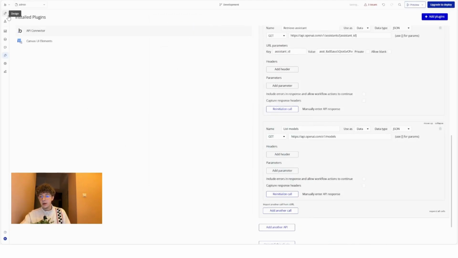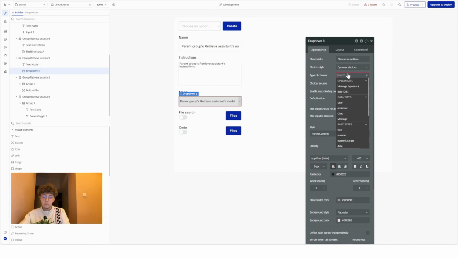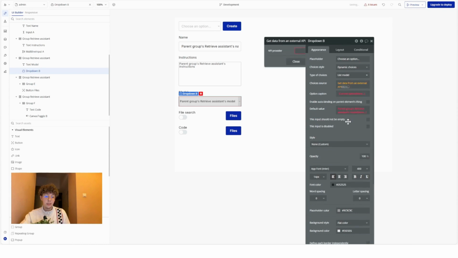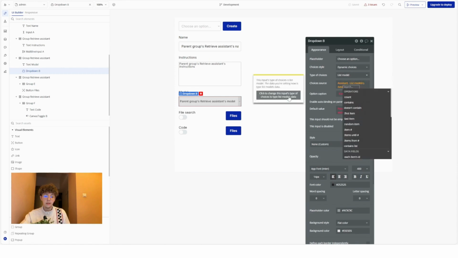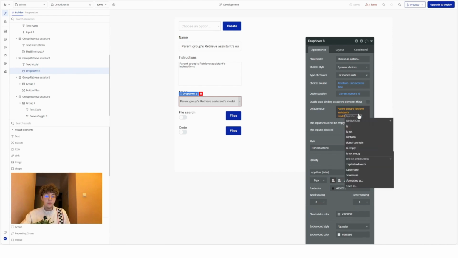Save, return on our front end, and for this dropdown of models, dynamic choice would be a list model. Choice source would be get data from an external API, list model, current list model data, and here it will be list model data as well. So option caption is what we display, and we will display ID. It's the name of all models, and here default value will be,